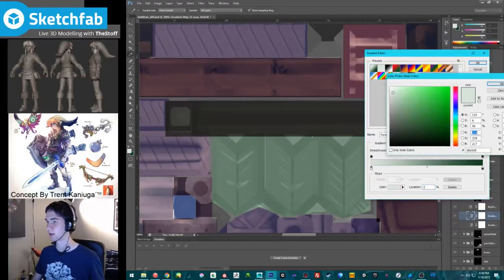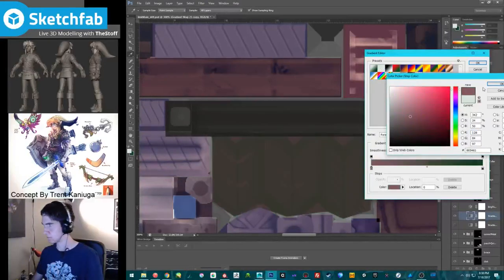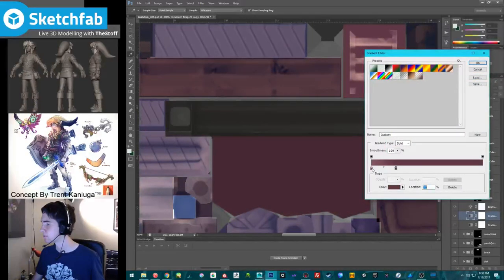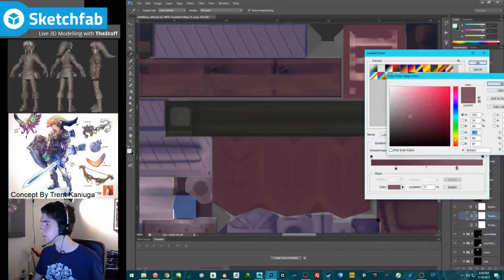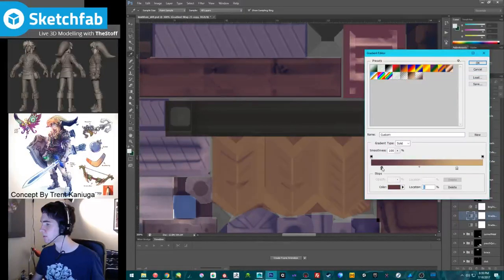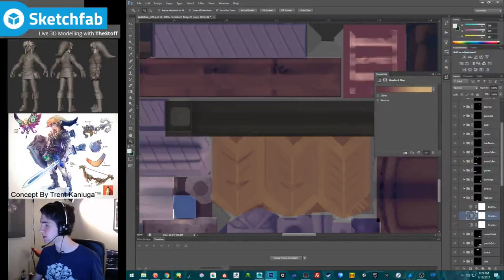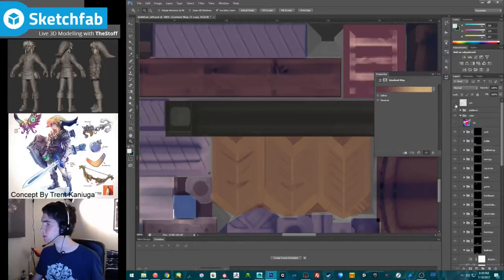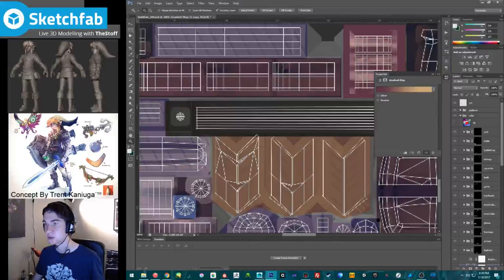I think I'll just make it manually. Somewhat manually. Okay. Let's try it like this. Then we're going to go in here and add some blue. Blue stripes.